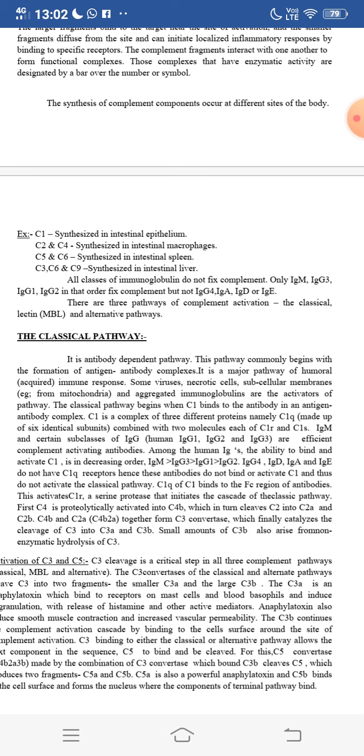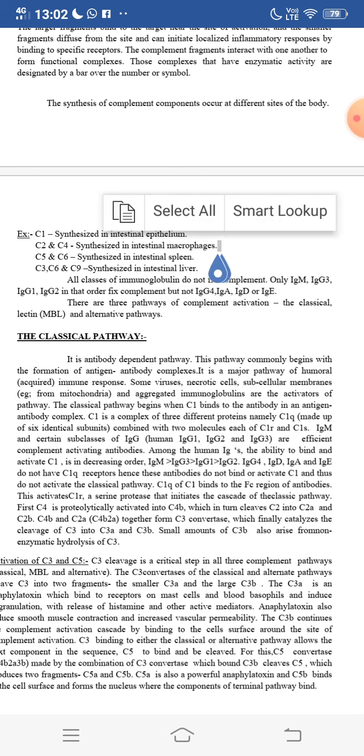Only IgM, IgG3, IgG1 and IgG2 can combine with the complementary set of proteins, but not IgG4, IgA, IgD or IgE. So there are three pathways of complement activation: the classical